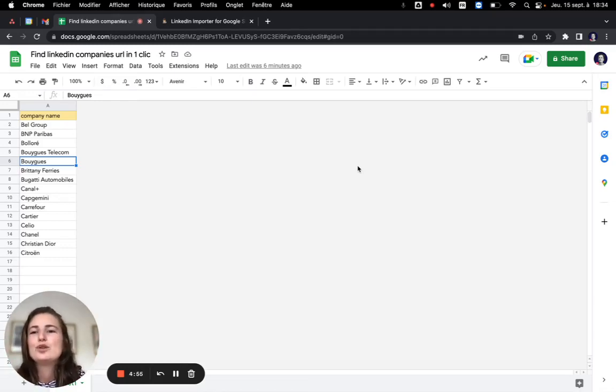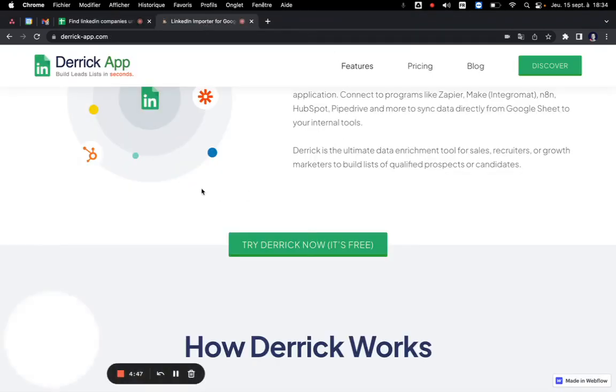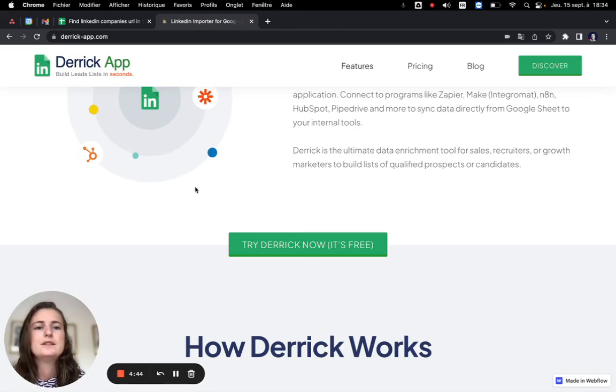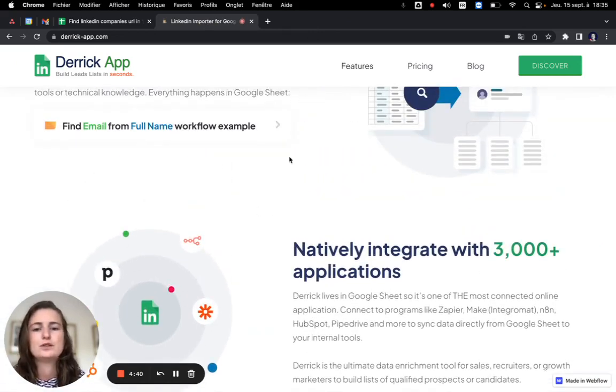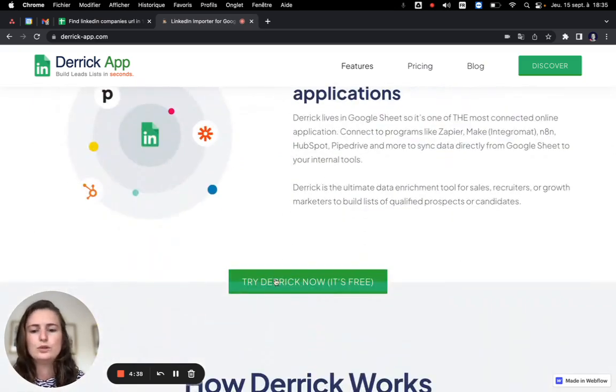Today I'm going to show you how to find LinkedIn companies URL from a Derrick app. So first you need to download Derrick app. If you don't know Derrick app, it's an extension of Google Sheets that helps you to create databases from Sales Navigator. So you download, can click here,